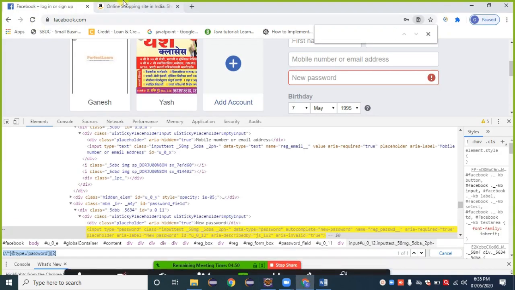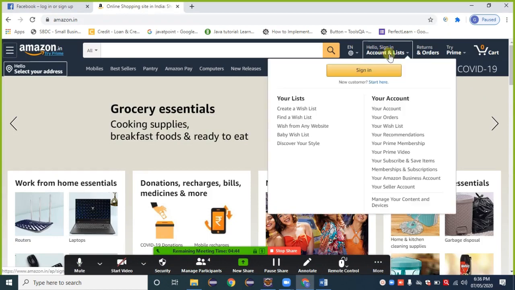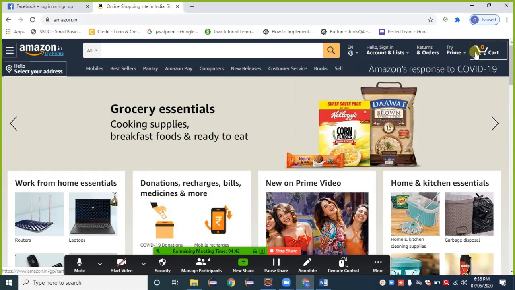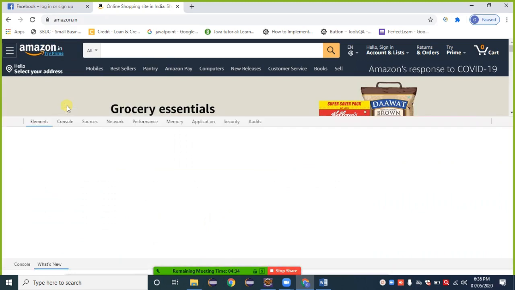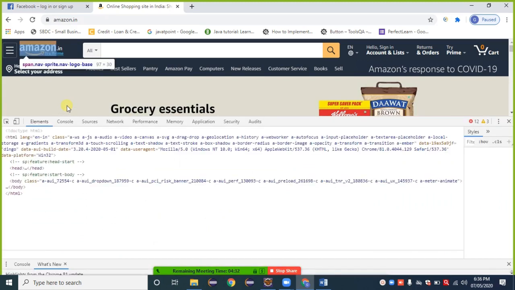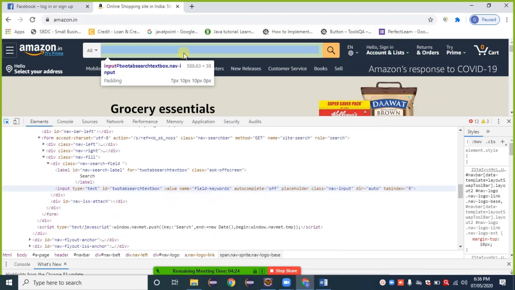Take another example here, Amazon. Here Amazon.in is available. Right click, inspect. Take another element, suppose ID, file name, type text.